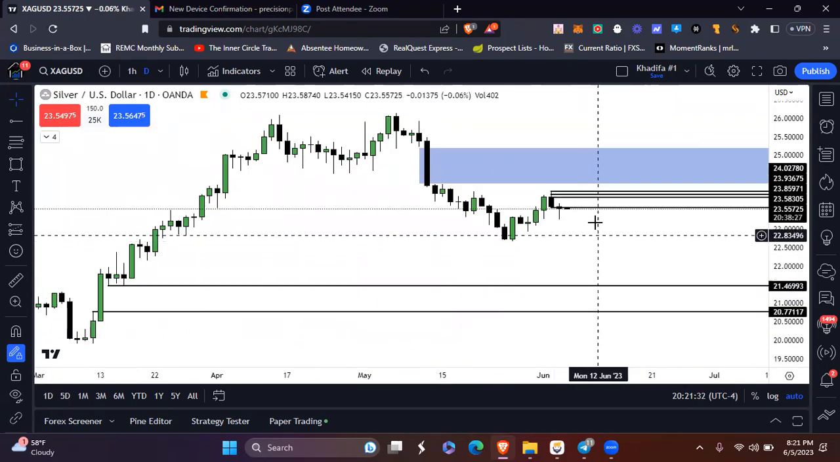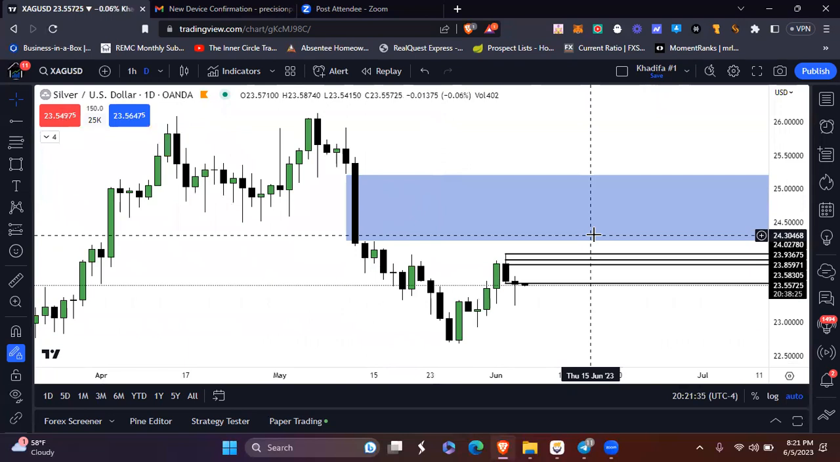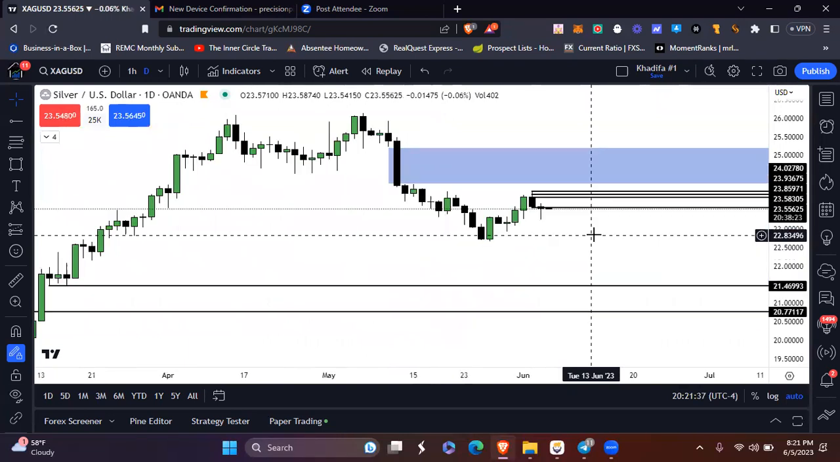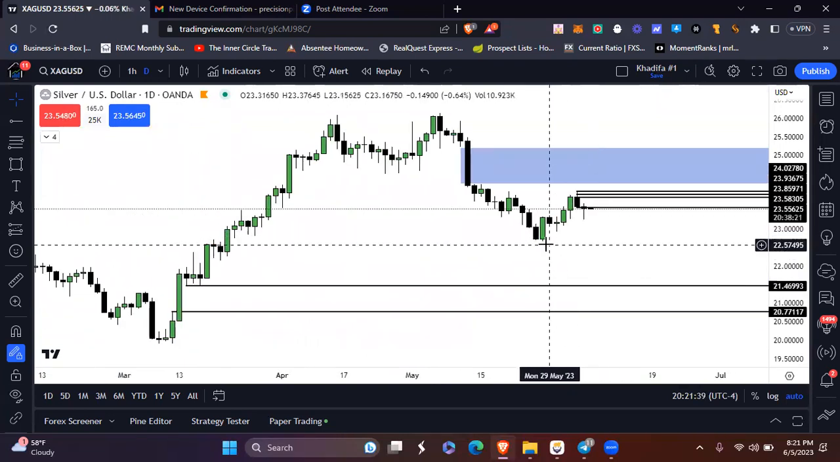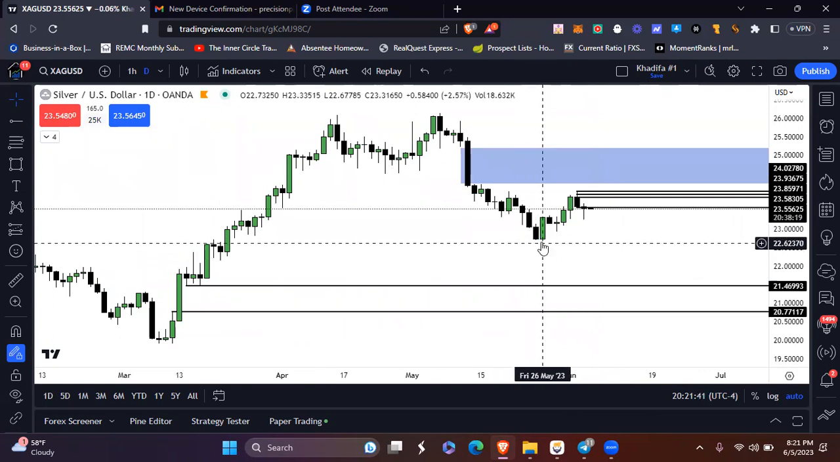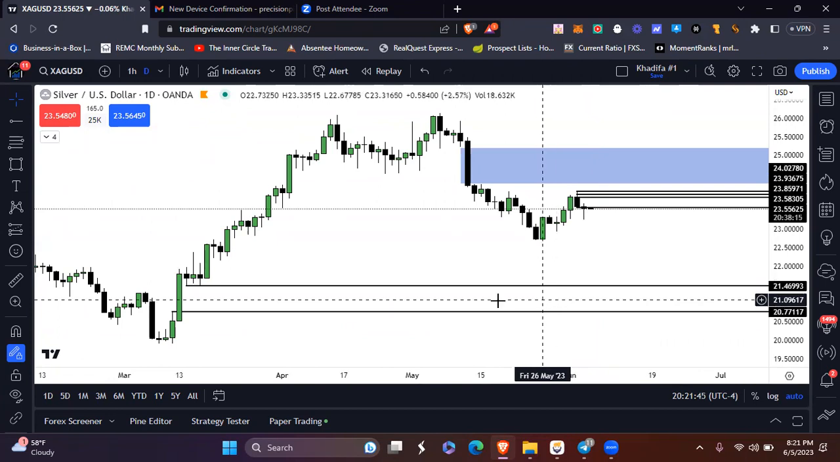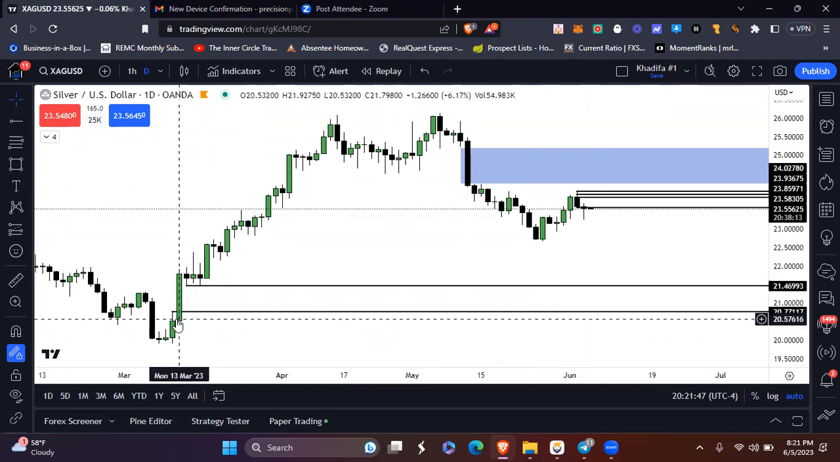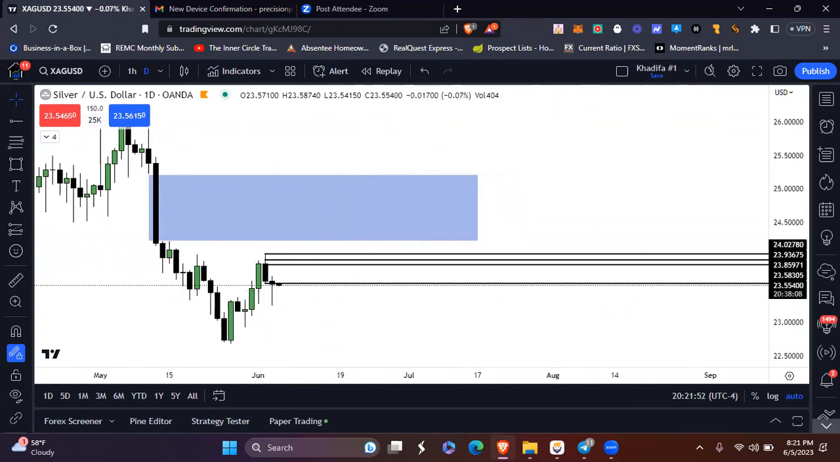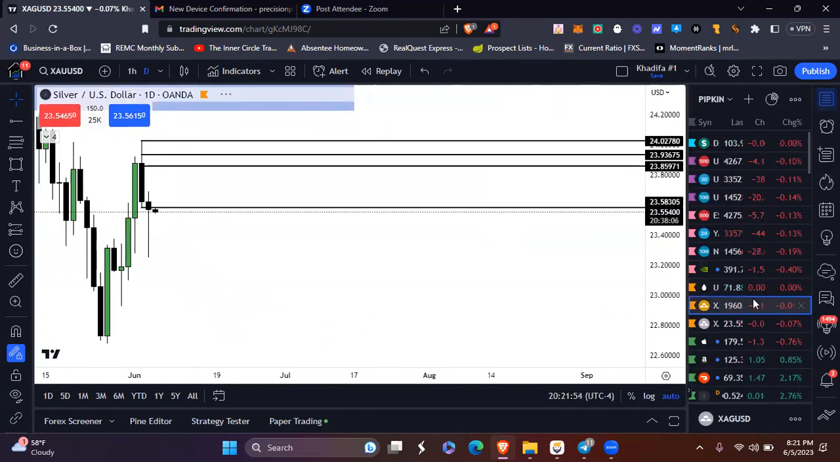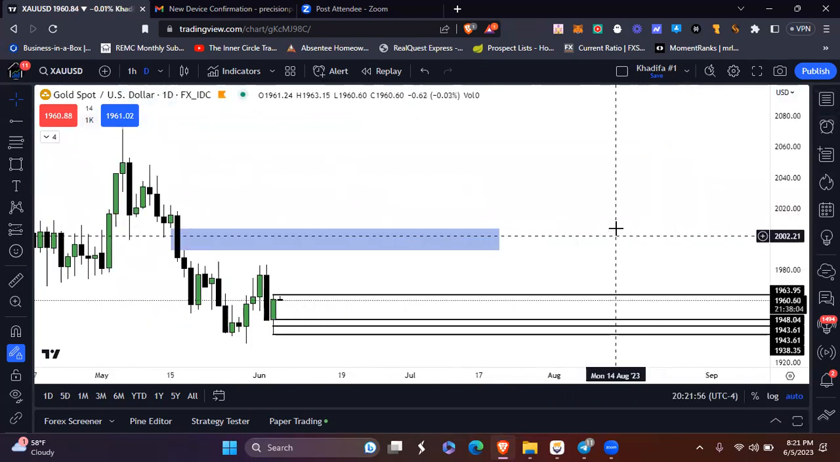Yeah, so that's what we want to look for out of silver. And if we break below this low, then we'll be expecting silver to drop down into this daily fair value gap from March the 13th. How about that? And gold,